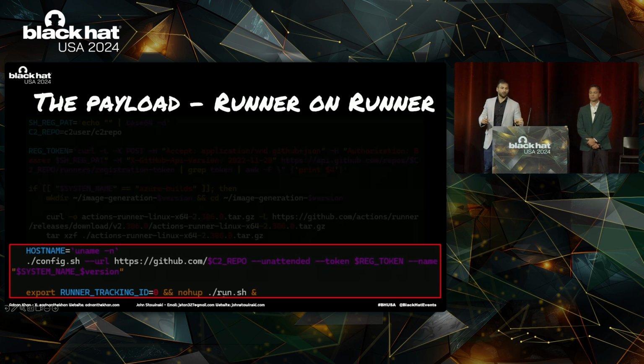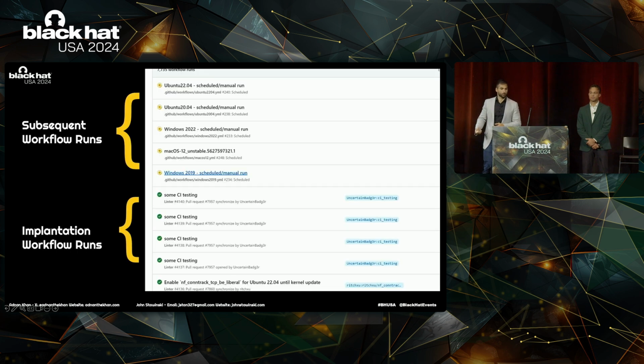It's important to note here the runner tracking ID. When that environment variable is set to 0, it informs the GitHub Actions runner to not reap orphan processes at the conclusion of the workflow. So when the initial implantation workflow concludes, my persistence mechanism lives on. So here you can see the subsequent workflows are running and my implantation workflow right below it.